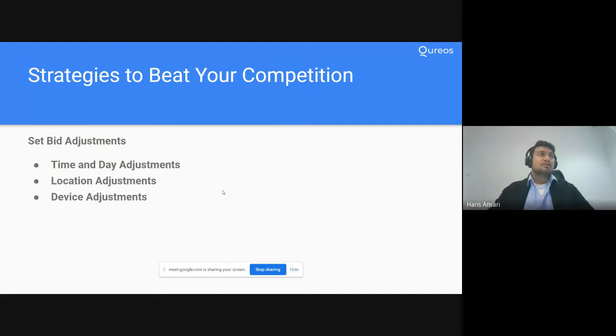Maybe if somebody is running ads for UAE and competitors are working better in Dubai but not in the Sharjah market, if it makes sense to your business, go and acquire customers from the Sharjah market at lower cost by ranking high, by serving good ads, by bidding more to rank on the top. So that's how important and strong a tool the bid adjustment is.